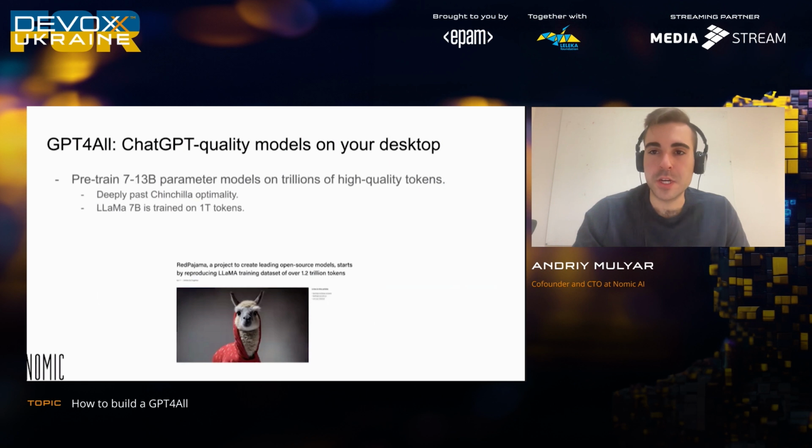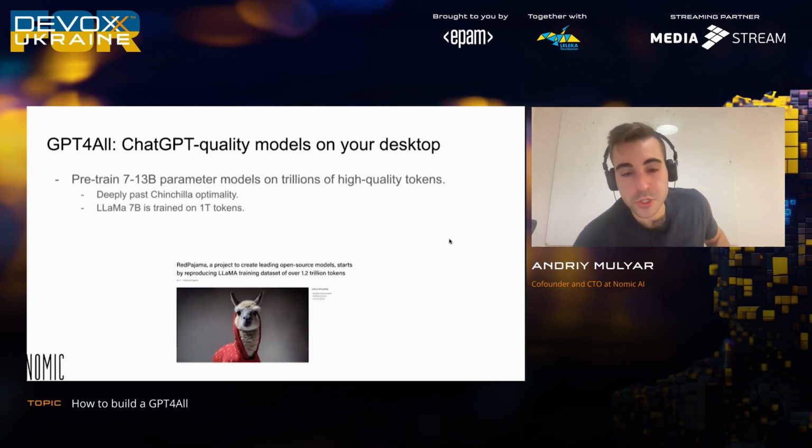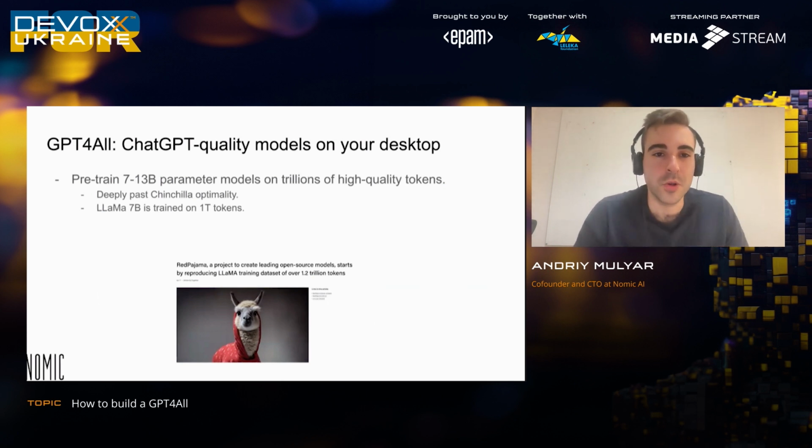And then the final question. A lot of people's first reaction when they try a local LLM is, wow, this is so cool, but I'm going to keep using OpenAI because these models stink. They're not good enough for what I want to do. And this is the case. There are many examples where you still need to use closed source large language models because they are better.